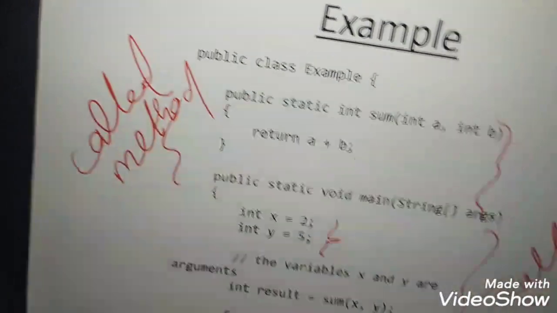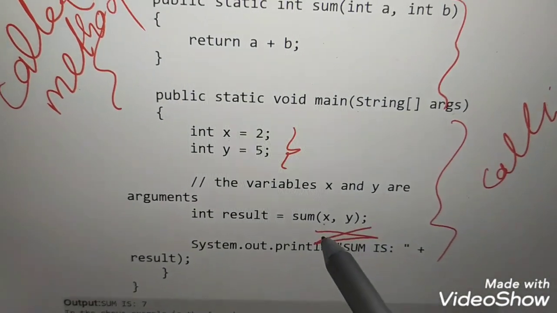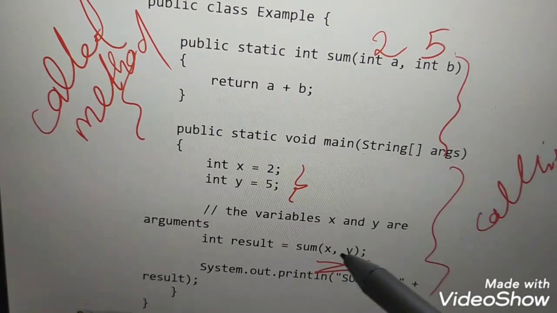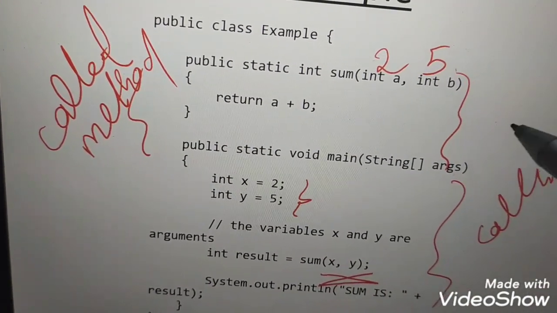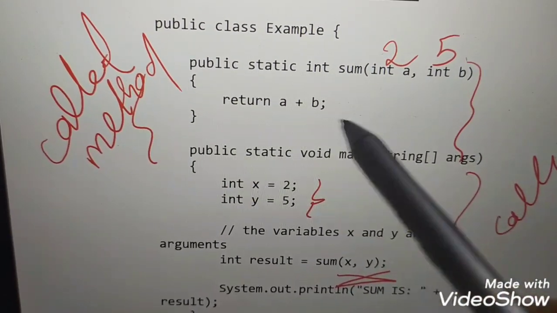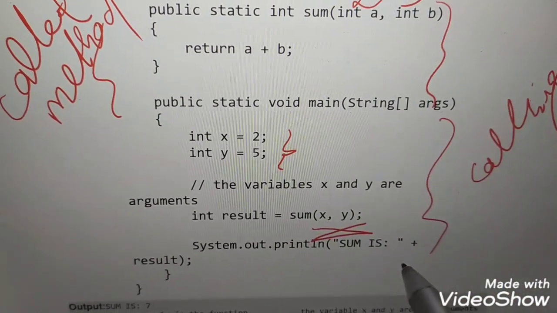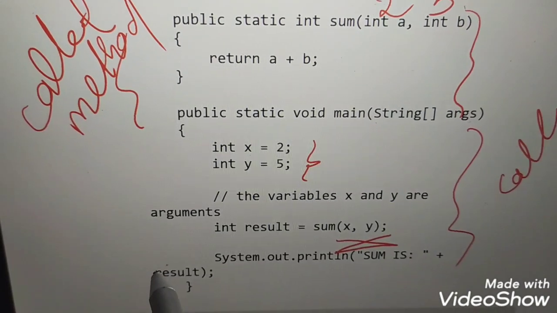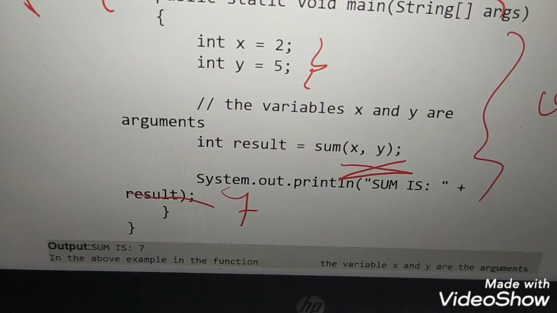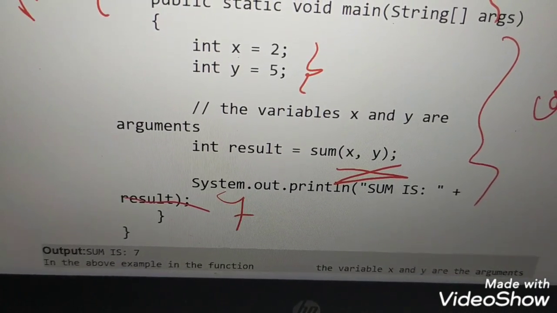Now the x and y values, that is 2 and 5, go here. So x and y are replaced with 2 and 5, and they are calculated here, 2 plus 5 is 7, and the value is returned to here. So here you can see the result as 7, the output.